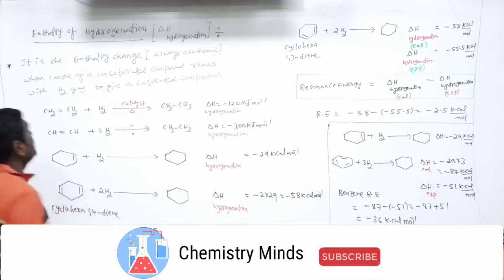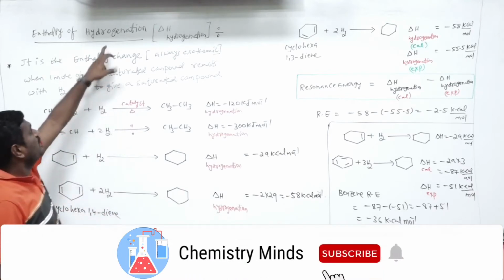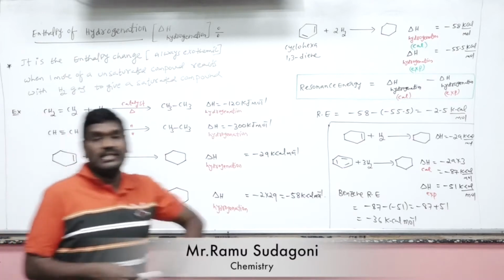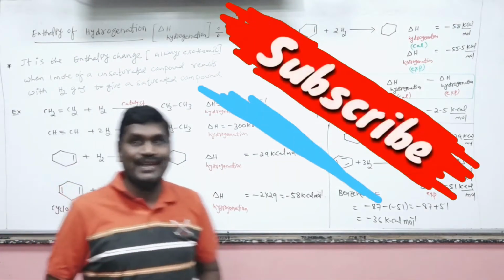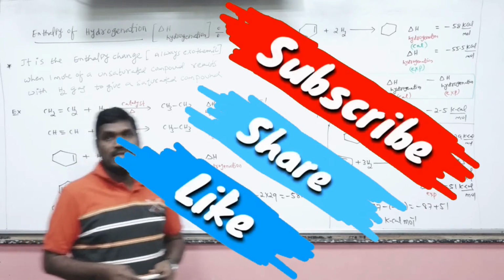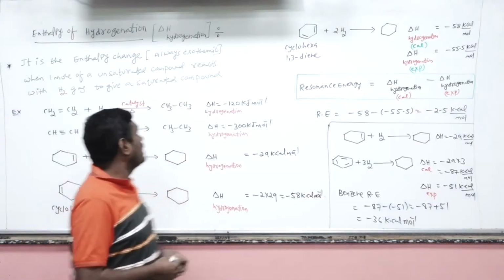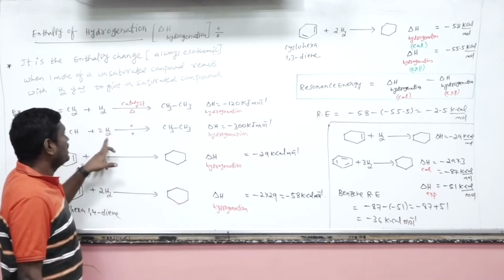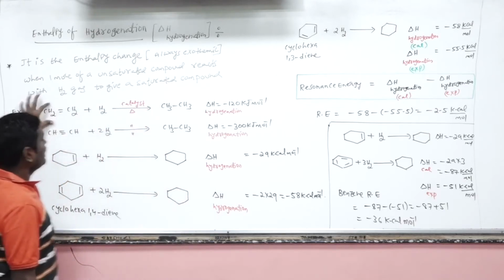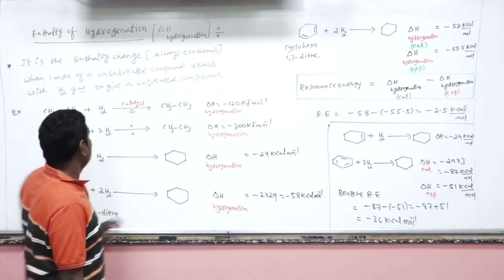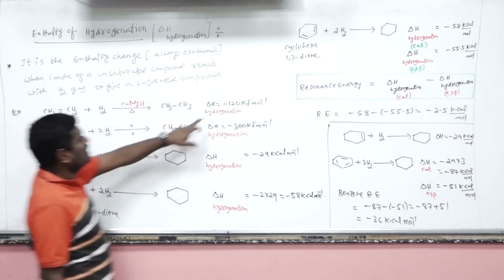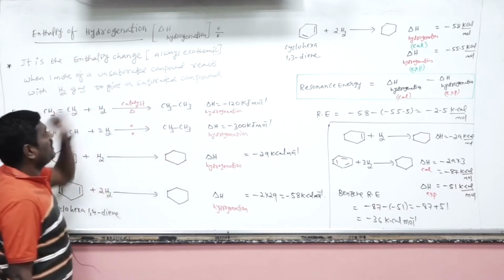Enthalpy of hydrogenation. The name itself indicates hydrogenation, that is, addition of dihydrogen. Addition of dihydrogen is also known as reduction. In organic chemistry, we come across the oxidation-reduction concept, where in reduction, addition of hydrogen gas in the presence of some catalyst turns an unsaturated hydrocarbon into a saturated hydrocarbon, isn't it? Now here, in this process, the enthalpy change is referred to as the enthalpy of hydrogenation.